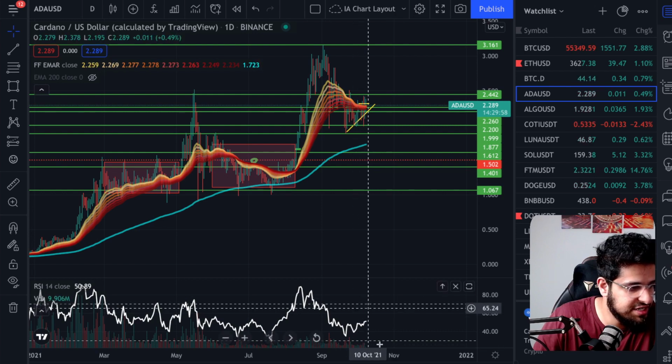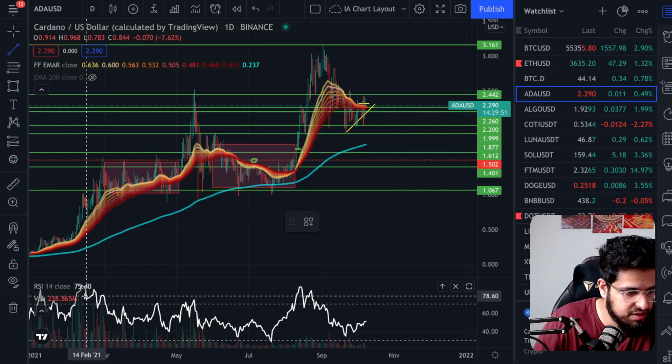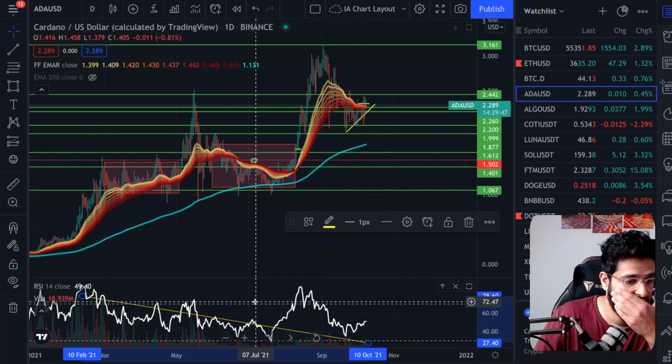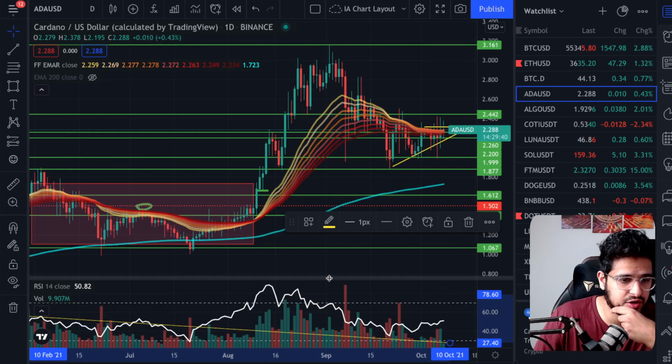You can see the RSI indicator, and you can see the volumes have substantially dropped off. If you take the volumes from here, you can see we've had a substantial drop off on volumes for Cardano, which is very interesting. So volumes have been falling off. I think at the moment the trouble with Cardano is